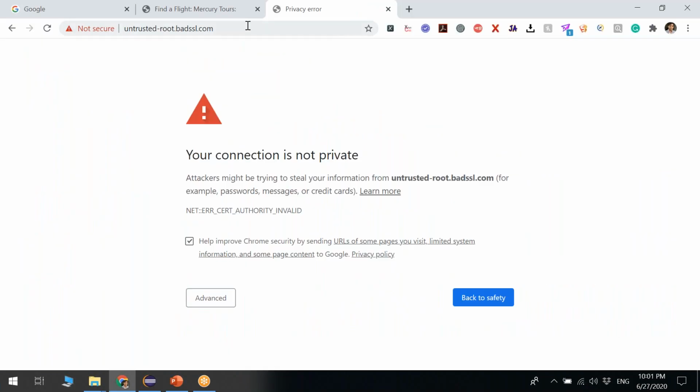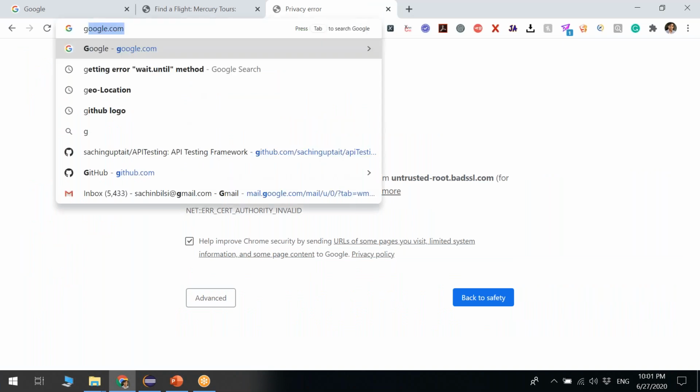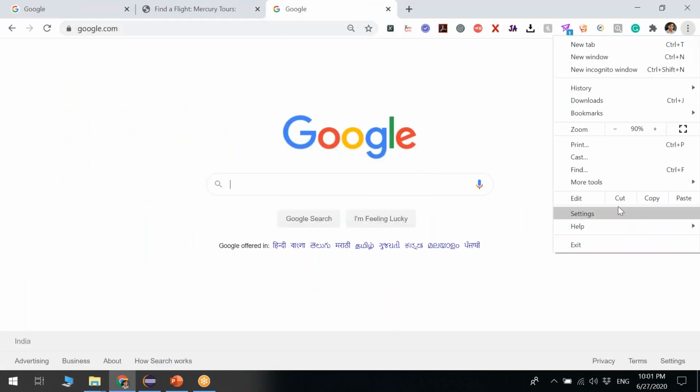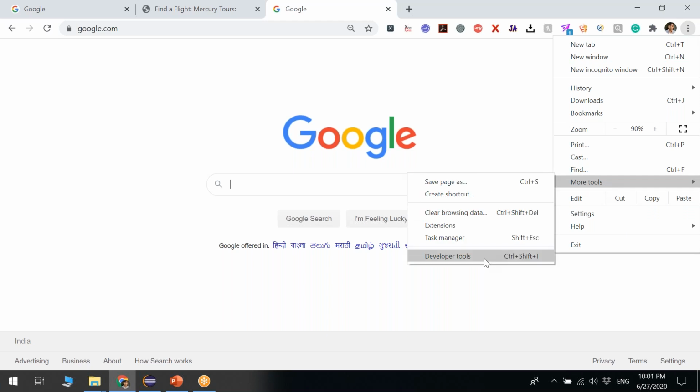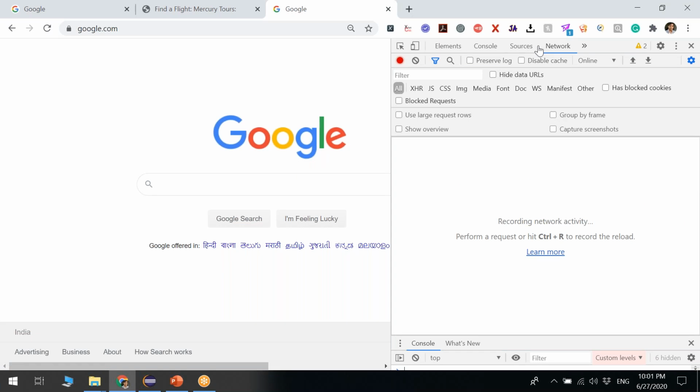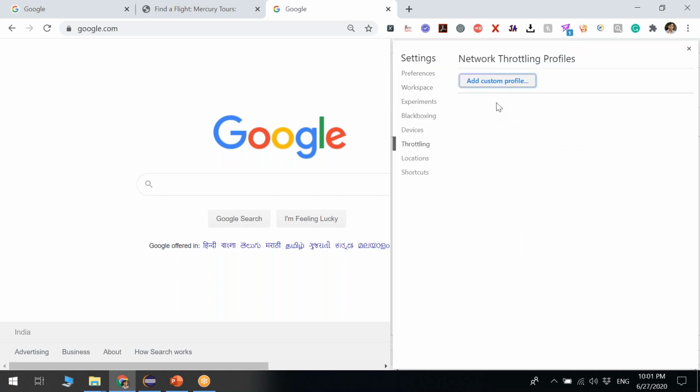So let me open this Chrome portal. If you click the 3 dots, go to More tools, Developer tools, and in developer tools go to Network, here it is right now Online. If you click on Add, and click on Add custom profile, this is how you can create one profile.